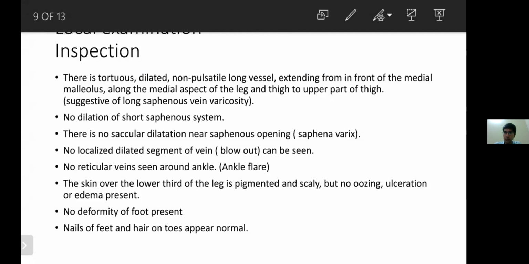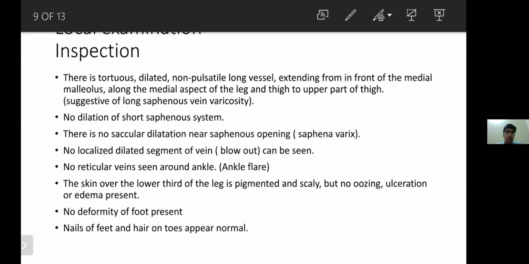The CEAP classification. So what is that? The clinical, etiology, anatomy, and pathophysiology classification. For all of them, it's the CEAP classification. In the end, always mention the grade that the patient is in. So in the diagnosis, write whatever it is, C2, E, whatever, determine it and write it. It makes a good impression, a better impression.